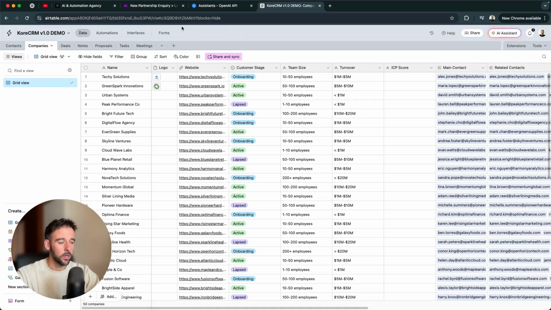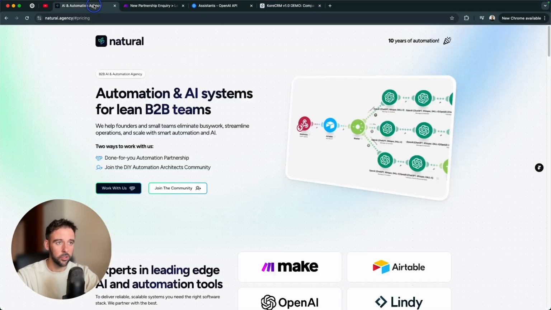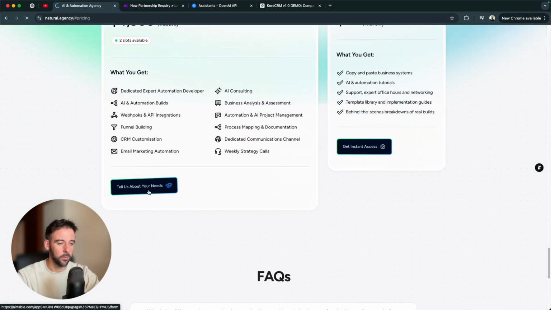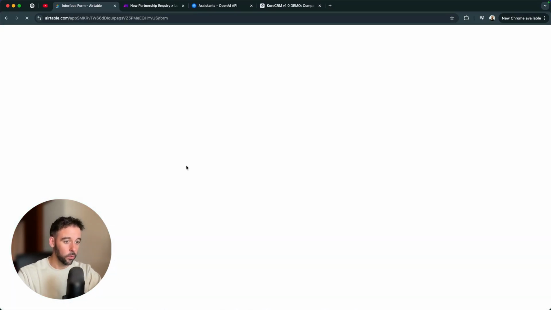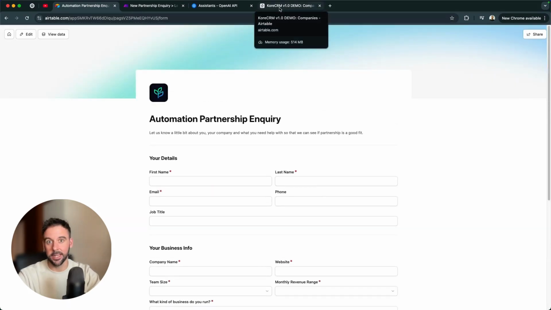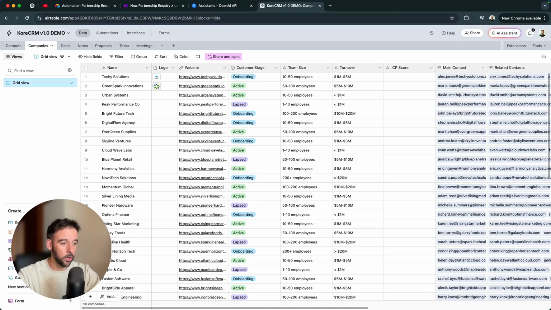Now, the first thing that we're trying to do is build a form. So if I just show you my website, for example, if we look here, we go to work with us, and then we want to be able to, when somebody clicks tell us about your needs, bring them to this Airtable form. So we need to connect this up first and build this so that we can actually collect the data from the lead. So we already have in here the stuff like website, customer stage, team size, turnover, ICP score is already in there,